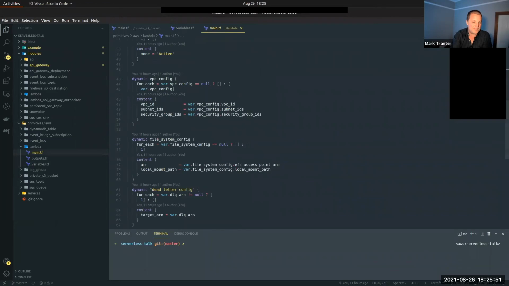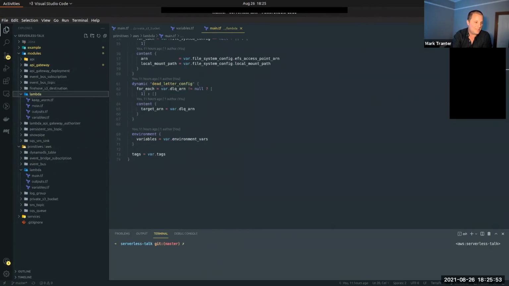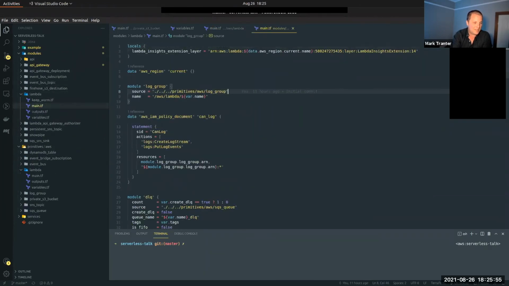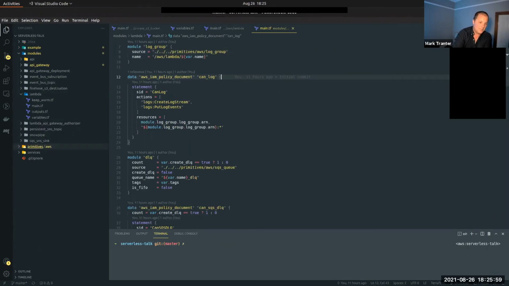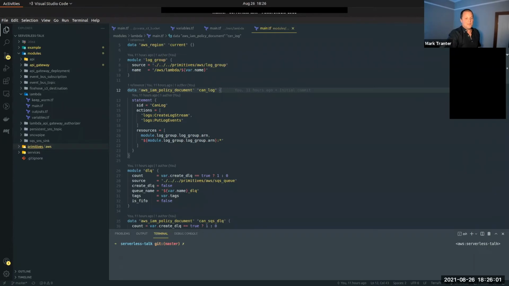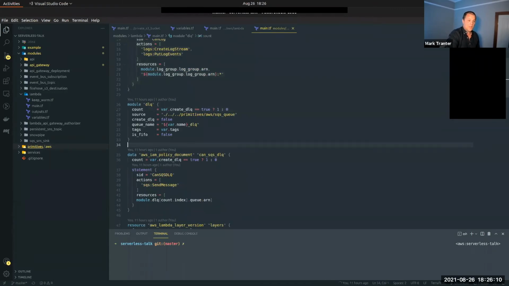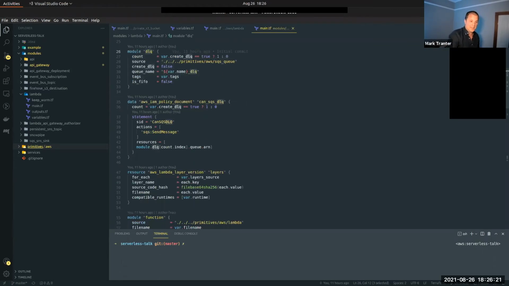So this is a very basic lambda. And I can start to look at what else I can do with serverless. I want my lambda functions to be able to log, right? Basic 101. Do you remember the example that we walked through earlier? The lambda function couldn't even log. I may want a dead letter queue, so any messages that come into my lambda function that I'm unable to handle for whatever reason can be dumped into this dead letter queue, possibly for handling at a later time.